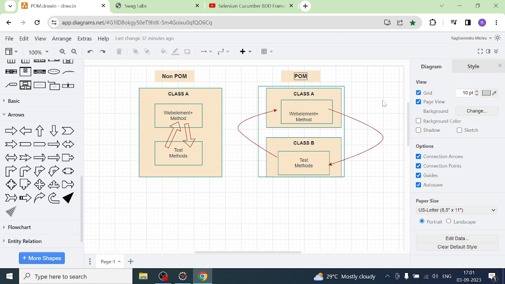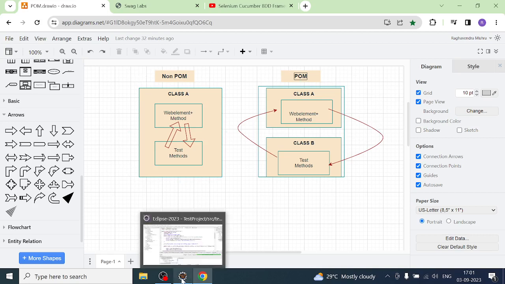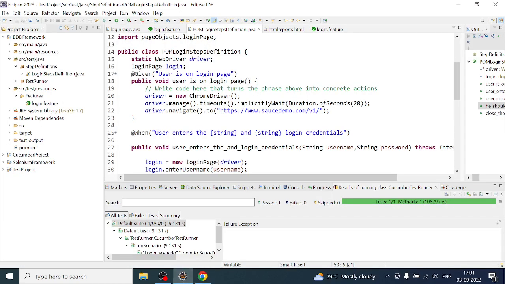And if it is home page, anything related to that home page, any action related to that home page will be written in that home page class. Okay, so I hope this difference is clear to you. With that I'll take you to this Eclipse IDE again, and then we can